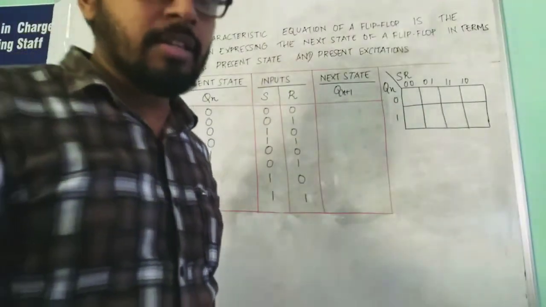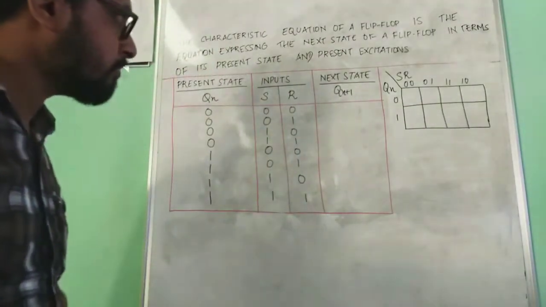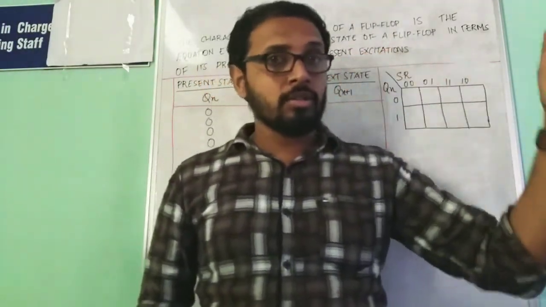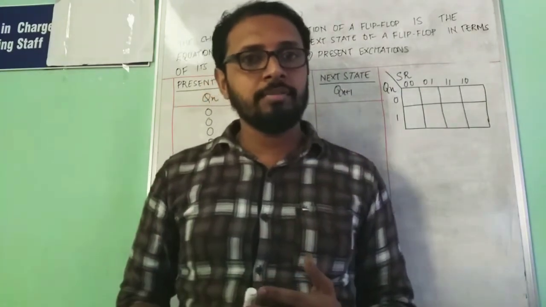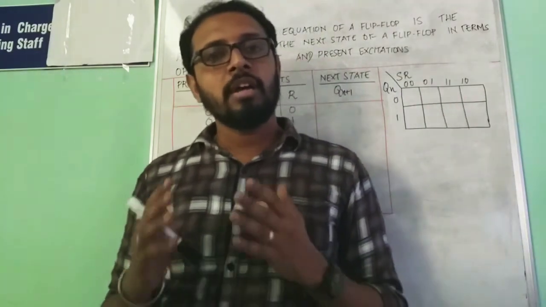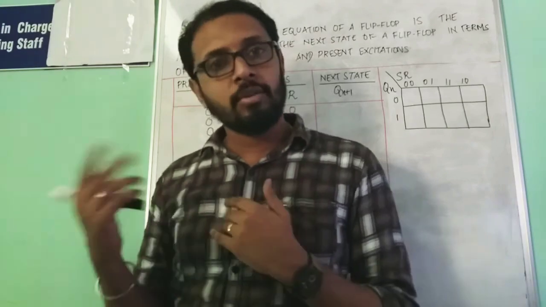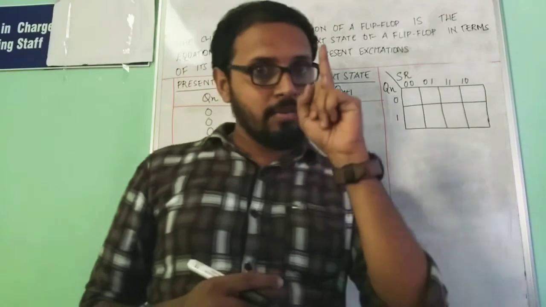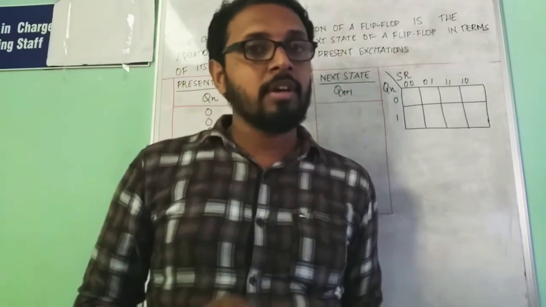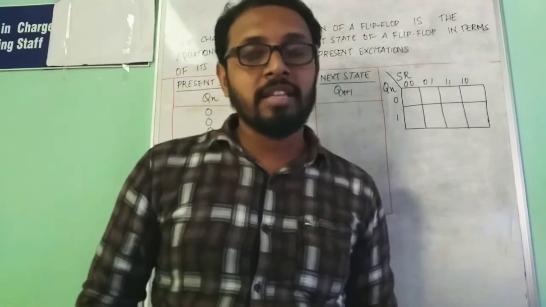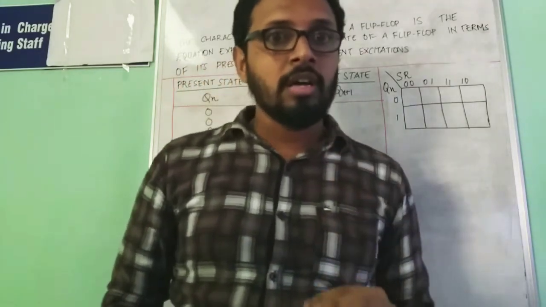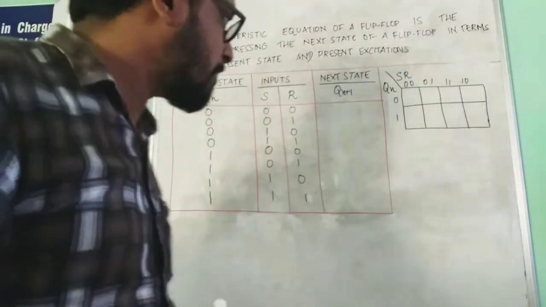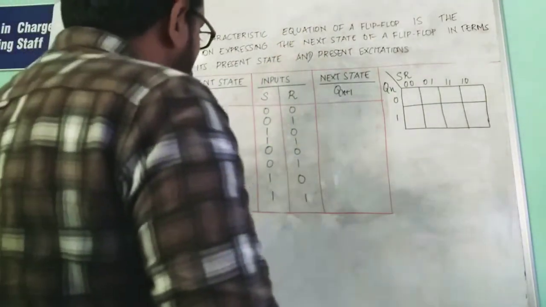Next is the characteristic equation of SR flip flop. And before that, we need to understand again, recall, okay? When it's 0 0, it's no change condition, and if R is 1, we go for the reset condition, if S is 1, we go for the set condition. And we have the 1 1 condition. In the case of SR, when both S and R hold the value 1, the output is invalid. Okay, invalid. For that we put an X mark. Remember that.